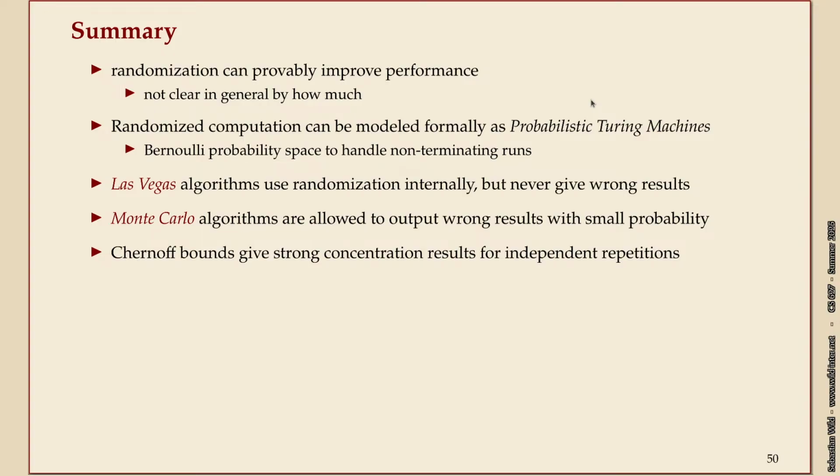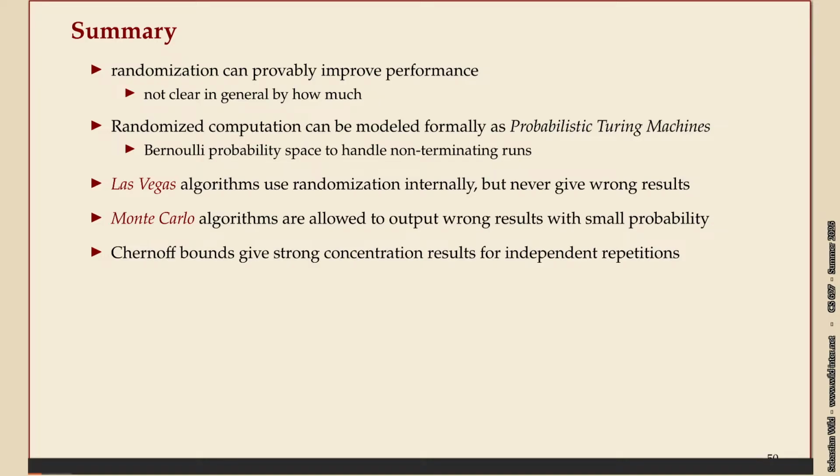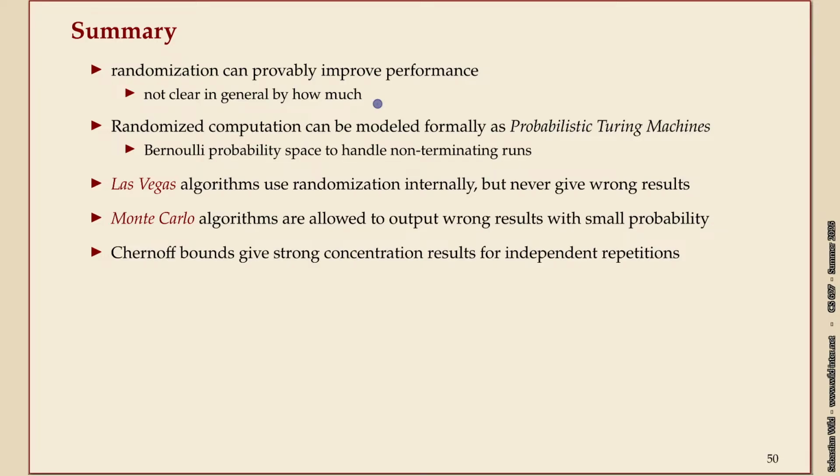Okay, so that's all for this introductory part with all these models and formal definitions. We've seen already far back at the beginning of the unit that there's examples where randomization is strictly more powerful than anything deterministic. That was this example of selecting the median. We've seen a formal model for specifying exactly what randomized computation is, which is mostly useful if you think about complexity classes. So we'll come back to that. We won't have to talk about the Bernoulli probability space much, but it's there for you in case you want to have things formally defined.